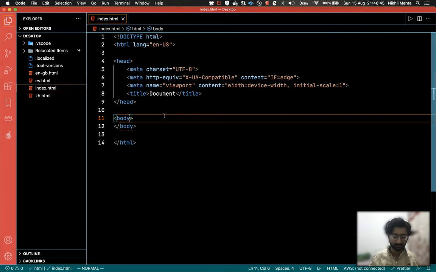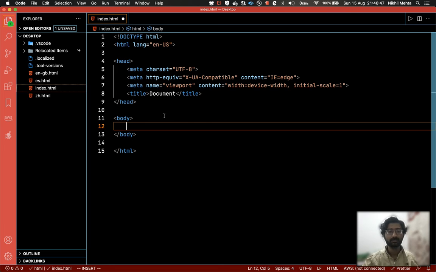Okay, so let's take a look at how you would create a basic semantic HTML document that would have a very basic layout, maybe say a navbar, a sidebar, a footer, and a main content area.